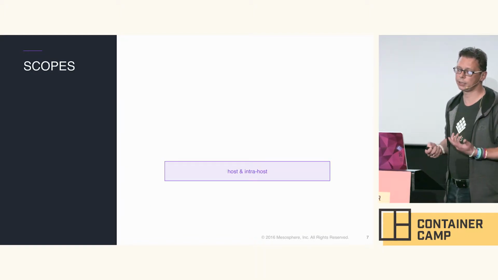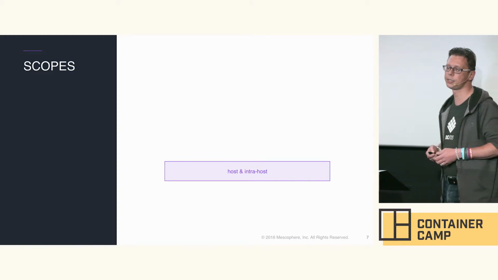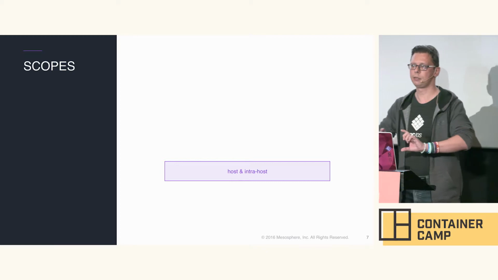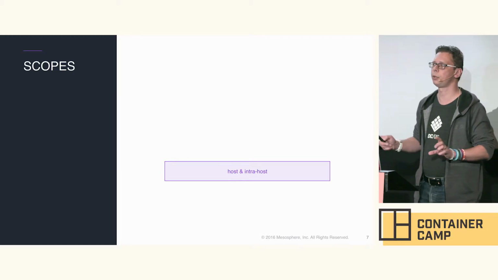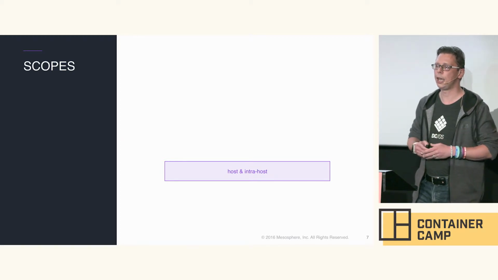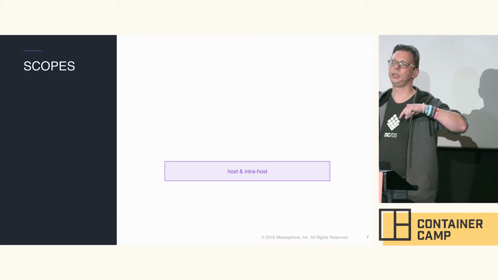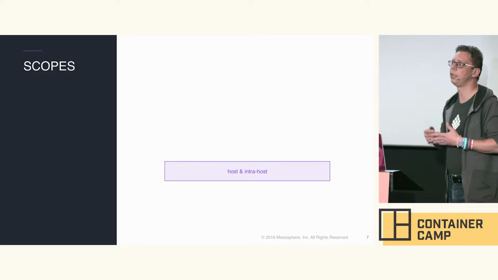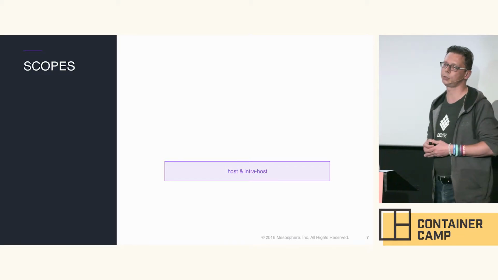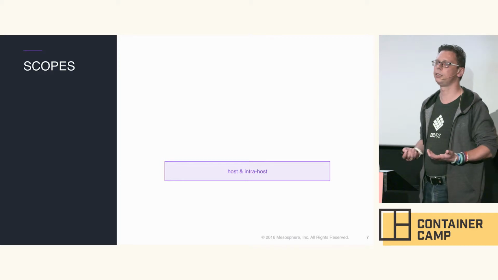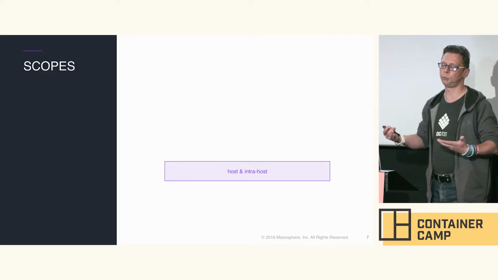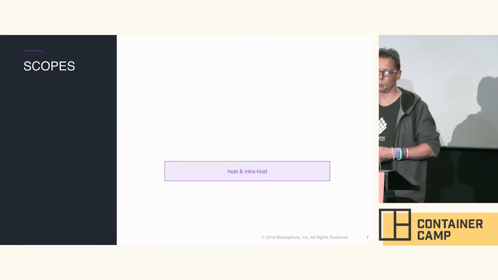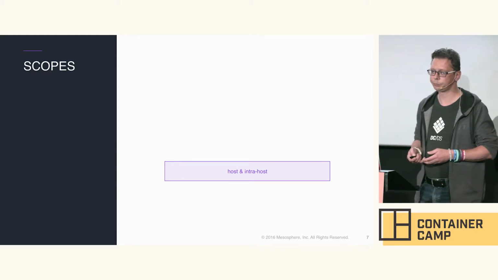With respect to containers and container orchestration systems, we have essentially three main scopes that we are looking into. It is the host, most typically, especially in the cloud, a virtual machine, and then things that are going on between different hosts. Because at the end of the day, you're ending up in a distributed system, right? So increasingly, if you're running containers, you probably have more than one machine you're running these containers on. So networking, I'll get back to that in a moment, is really a big part of that.